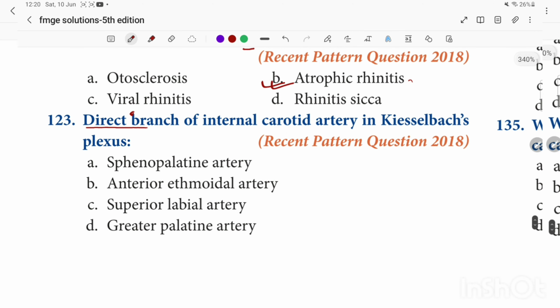Direct branch of internal carotid artery in Kiesselbach plexus. The internal carotid artery gives the posterior ethmoidal artery and the anterior ethmoidal artery. In the options, the anterior ethmoidal artery is the